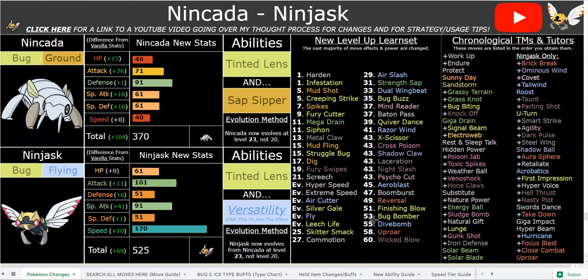The regular flying moves are much better, so the Acrobatics nerf is only really because Mons get it for coverage. Because flying types are going to be using other flying moves for STAB mostly. And a lot of flying types have Aerial Ace and stuff too, so it's not a big deal. But anyway,